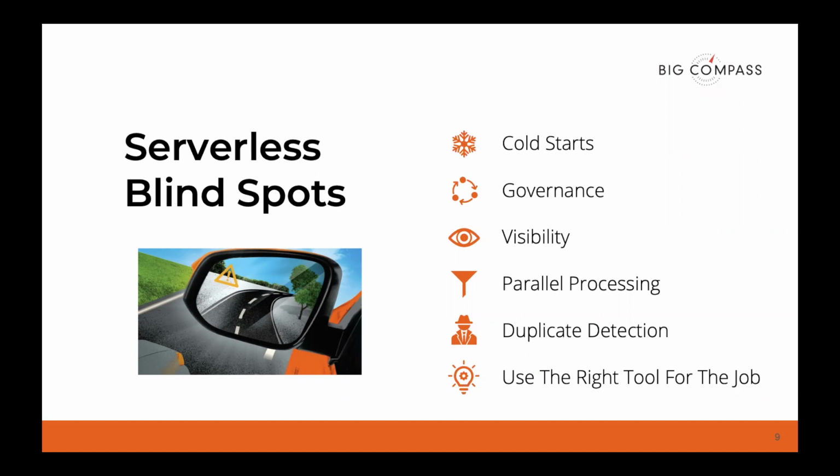Visibility is blind spot number 3. The mindset shift of using many parallel processing functions and distributed microservices is absolutely a game changer for the visibility blind spot. Without planning to see into your serverless services, it can quickly get out of hand to support. Kind of goes along with that governance piece. Imagine that thousands of Lambdas are developed and working well, but the minute you have an error, you need to be able to find that error quickly and determine exactly what function that error occurred in and where in that function it occurred. Of course, no integration platform is complete without good supportability.